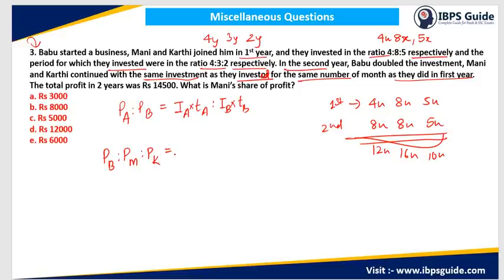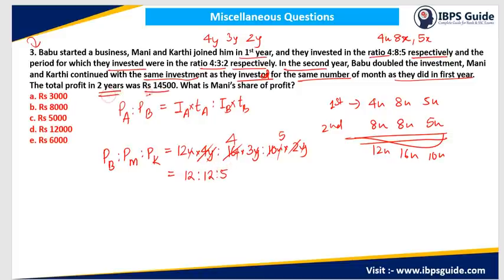Investment of Babu is what? 12x and time period of investment of Babu is 4y. So this is multiplied by 4y. Ratio 16x multiplied by 3y. Ratio 10x multiplied by 2y. Okay. So you can directly cancel this x and y. x and y तो cancel हो जाएगा. 4 यहाँ से cancel कर देते हैं, this will become 4 और यहाँ से 2 ले लेते हैं, यहाँ से 2 ले लेते हैं. So this will become 5. So I can say that the ratio of profit will be 12:12:5